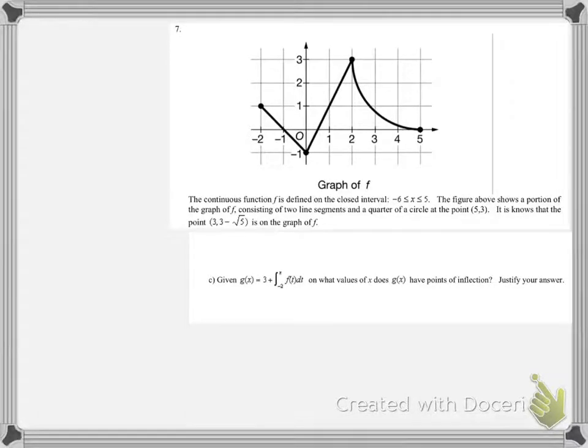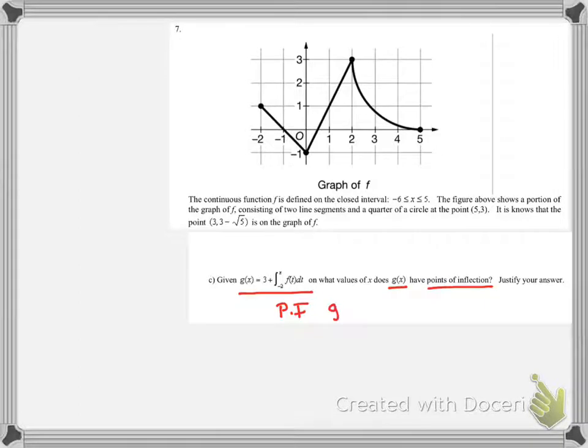So we're into the third part of this problem. We're now given that g is defined as 3 plus the integral from -2 to x of f of t dt. On what values of x does g have a point of inflection? And so as we think back to our do now again, we will have a point of inflection